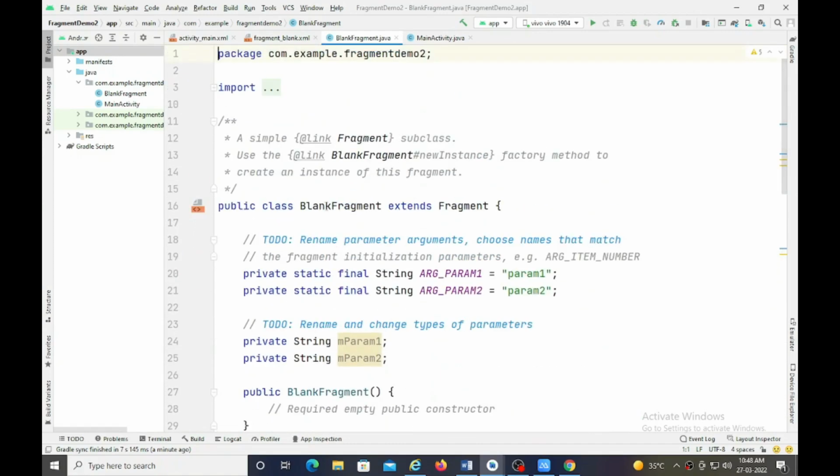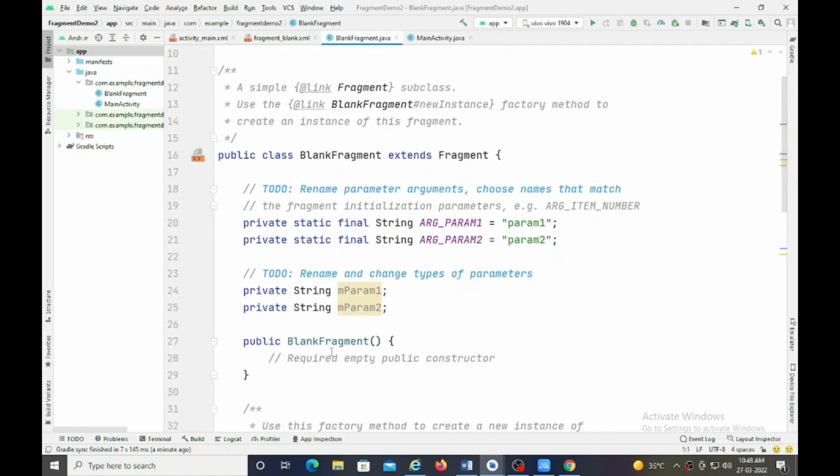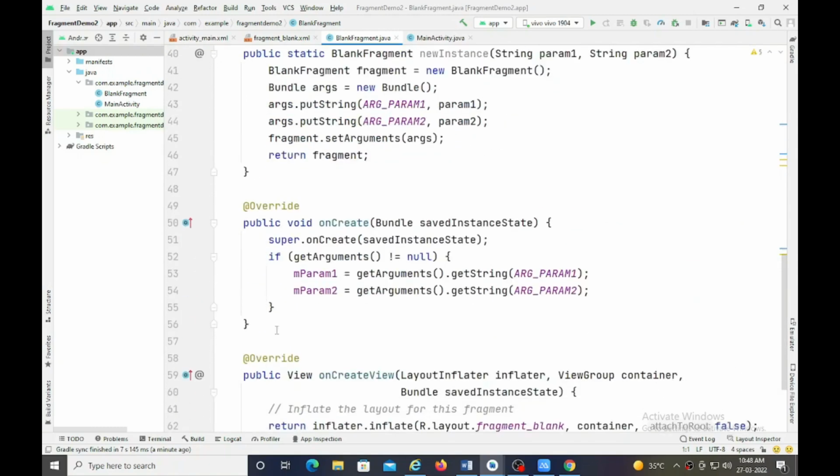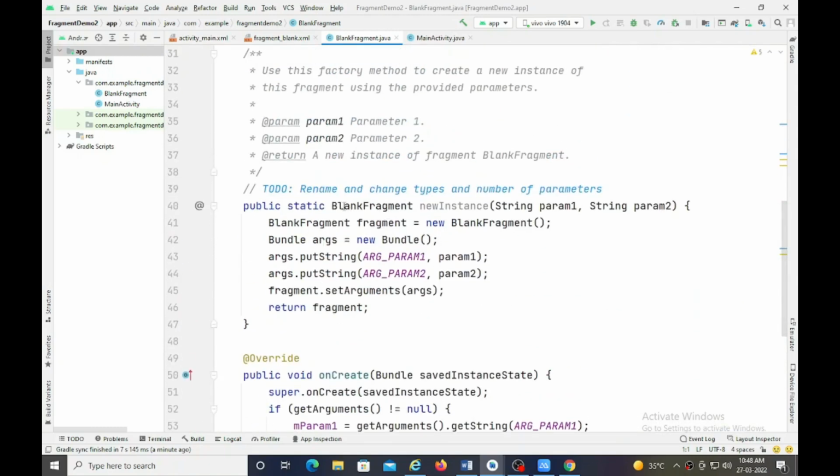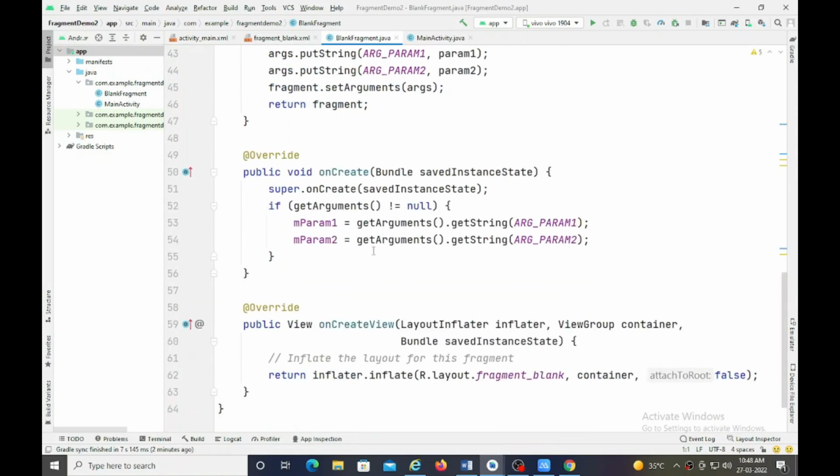Here the BlankFragment class is added, which is derived from Fragment, and inside it a constructor is added. To add the new instance of this fragment, a newInstance function is also added. On create, when the fragment is created, this function will be called, and the onCreateView function is added,